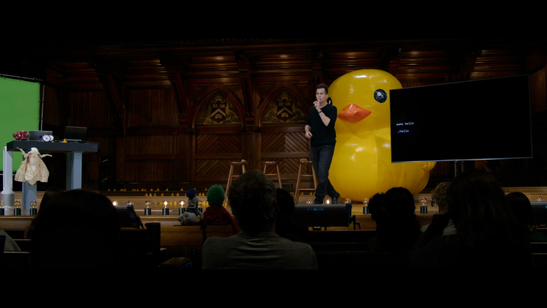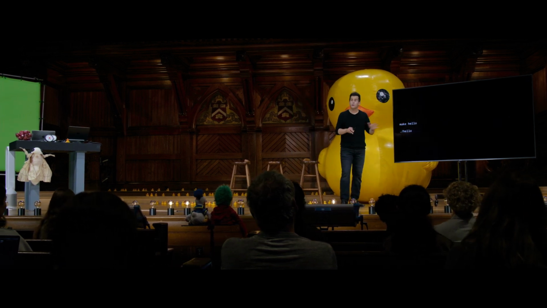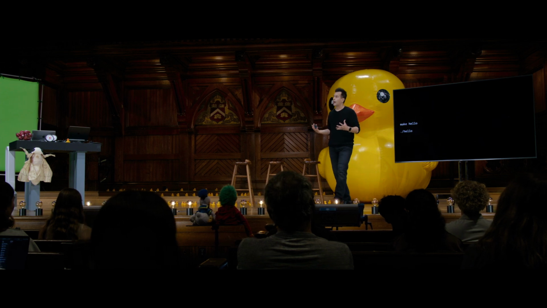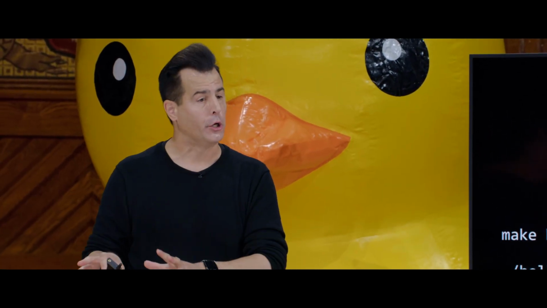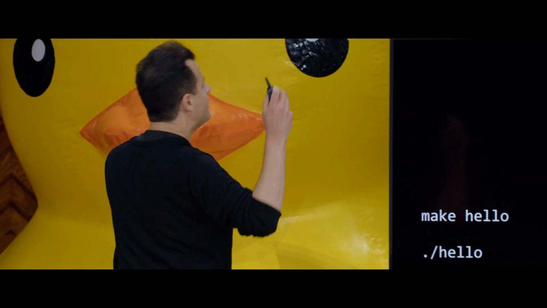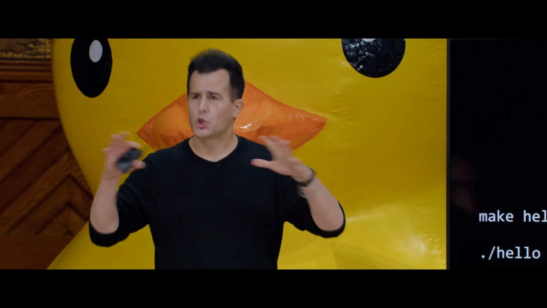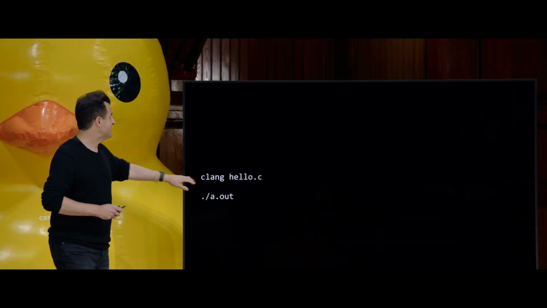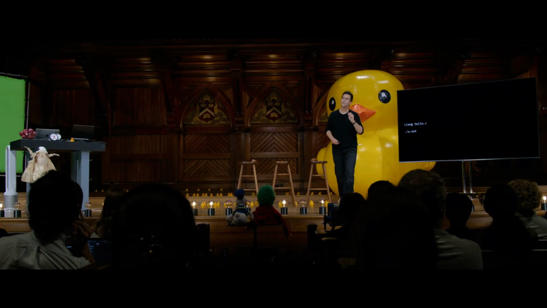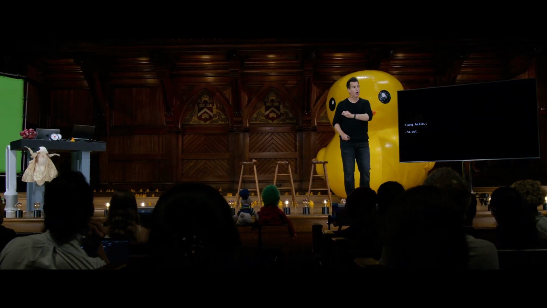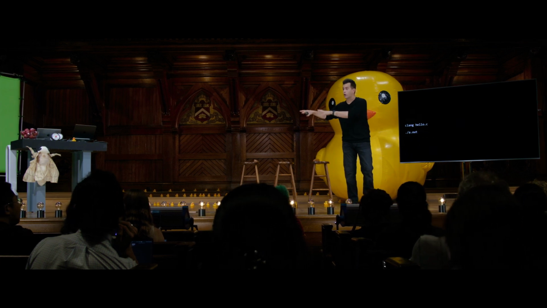But I did reveal briefly last week that make is not actually a compiler. It is a program. It is a useful program, but it automates the process of running an actual compiler for you. What is that compiler? Well, there's many different compilers in the world, but the one we use in class that's free and open source and therefore very popular in the world is actually called clang, sort of for C language. And so really what's happening when you run make hello or any other such command is that make in turn is running another program for you